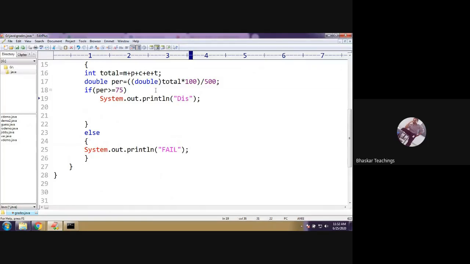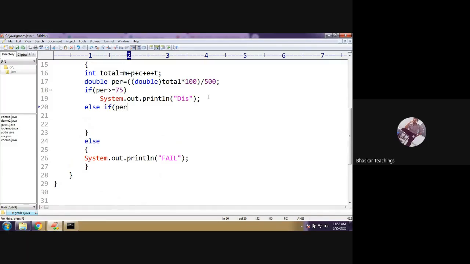Next, else if, second condition: the percentage is greater than 60 and percentage is less than 75. So two relational operations are joined with a logical operation, greater than 60 and less than 75. Then display first class.